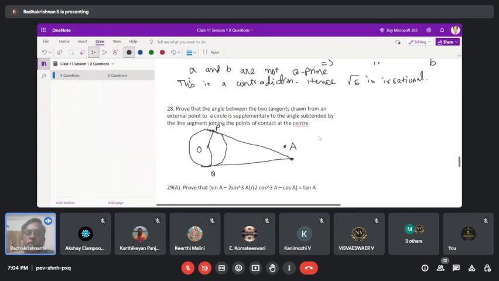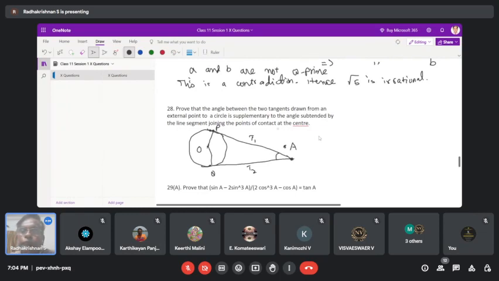Now, what are they asking? Prove that the angle between the two tangents drawn from an external point to a circle. So this is the angle between the two tangents. This is tangent 1. This is your tangent 2. What are they asking? The angle between the two tangents drawn from an external point, that is this angle